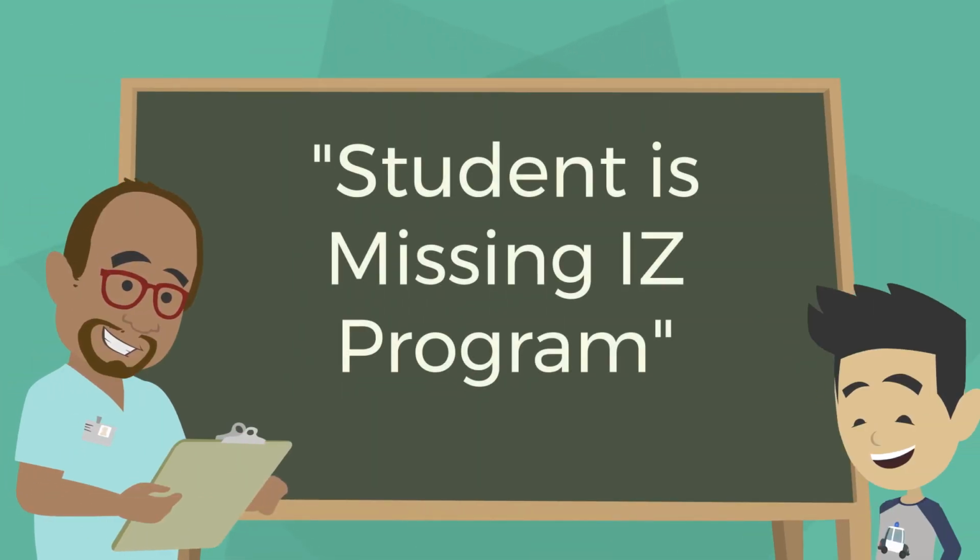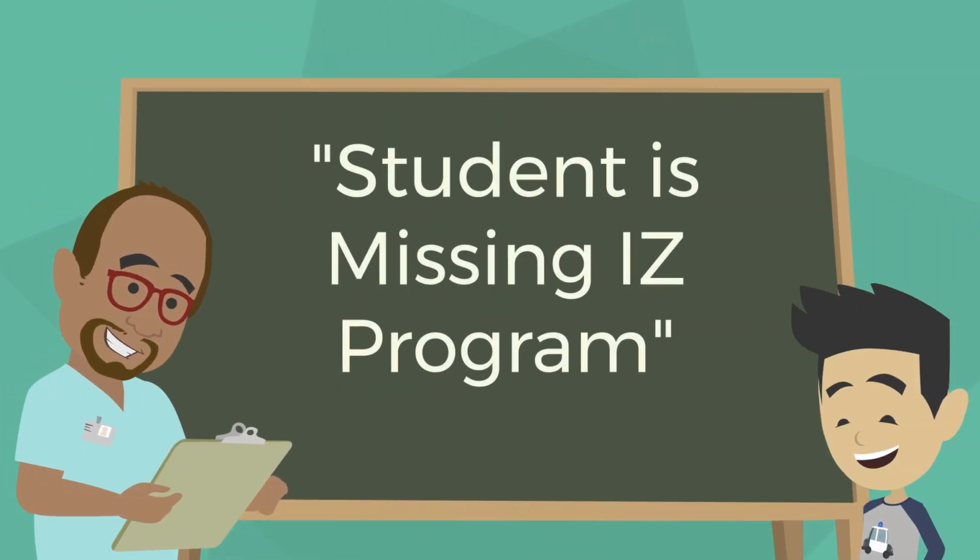Student is missing IZ program. This indicates that the student has opted out of CT WiZ. Parents and/or guardians of students under the age of 18 can opt students into CT WiZ. Students 18 and older can opt themselves into CT WiZ. For the process to opt back into CT WiZ, visit the All About CT WiZ webpage at